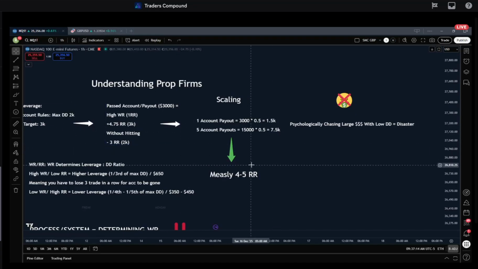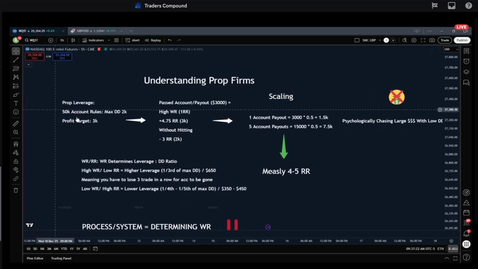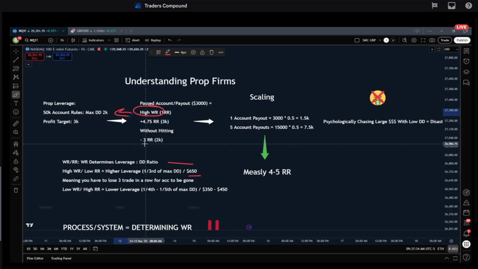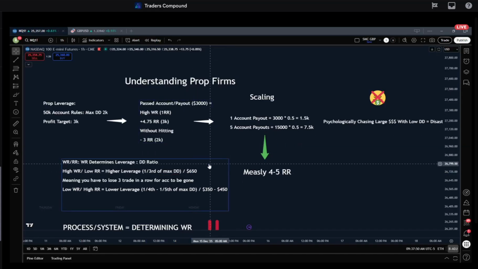So again, a lot of us say, well, 4 to 5 RR, maybe not a lot. Well, let's put that in terms of, again, we're using proper risk according to the win rate that we are trading, right? So we're risking heavily because we understand our higher win rate is going to allow us to not come close to this max drawdown. We can risk a lot because we're not going to lose 3 trades in a row very frequently, right? It's possible, absolutely, but we can afford to take that chance because of the quality of the setups and the win rate we're getting. Even if it's a small risk to reward, we can risk up, right?